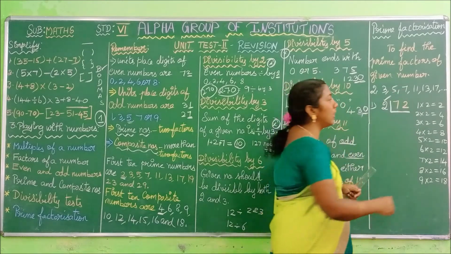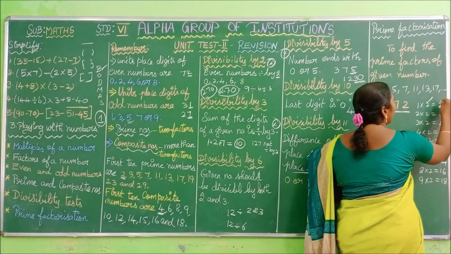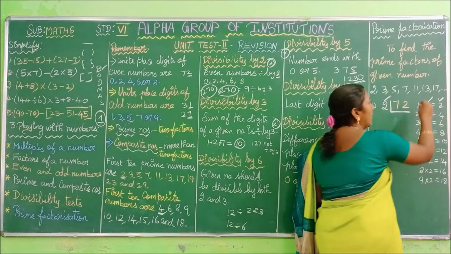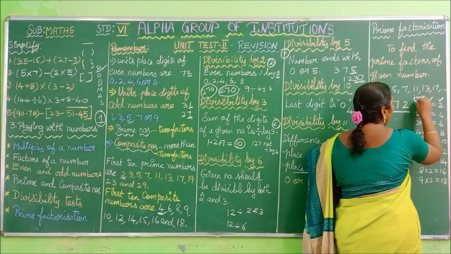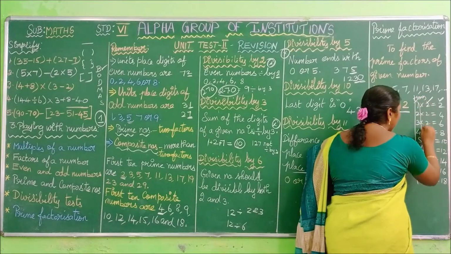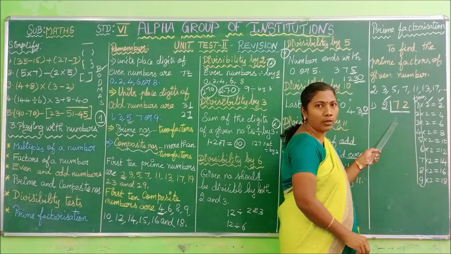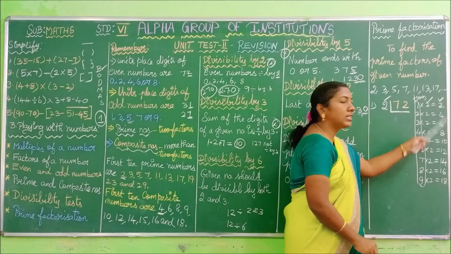Further, I am writing the 2 table. So this is the 2 table and this is the answer. In this answer part you have to write only these times. Remember this: you have to write these numbers in the answer part. Okay, this is the table and this is the answer.